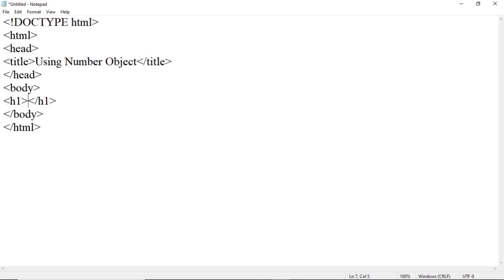Provide here any meaningful heading. Suppose, using methods and properties of number object.